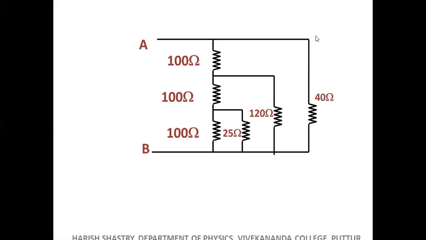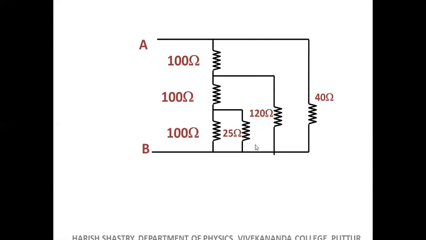Now, we can't replace 40 ohm in parallel with this 100 ohm. It is not in parallel with this 100. It is in parallel with the whole circuit. So you'll have to come in. This is in parallel with this chain. So this is better, correct? This one is better. Hope you are with me now, right? It is the truth. You should replace this one.